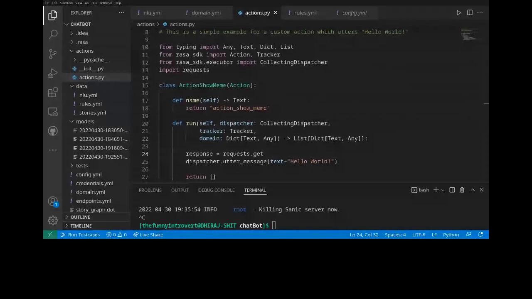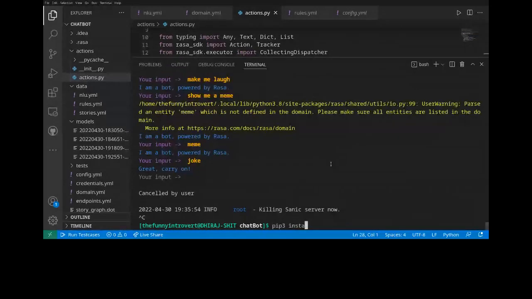To get the package, you need to go to a terminal and write pip3 install requests. For me, it will say everything is satisfied. But that's all you have to do. It will install in a second.